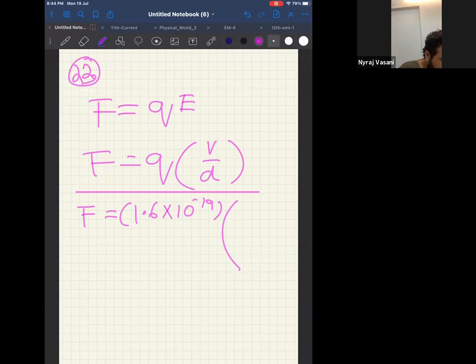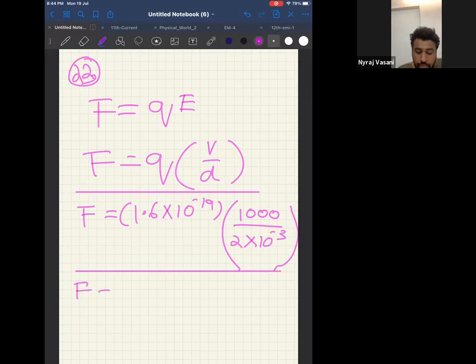Is V given in the question? Yes, 1000 upon D. D is given as 2 millimeter. 2 millimeter is 2 into 10 power minus 3 meter. This much is clear? Now,